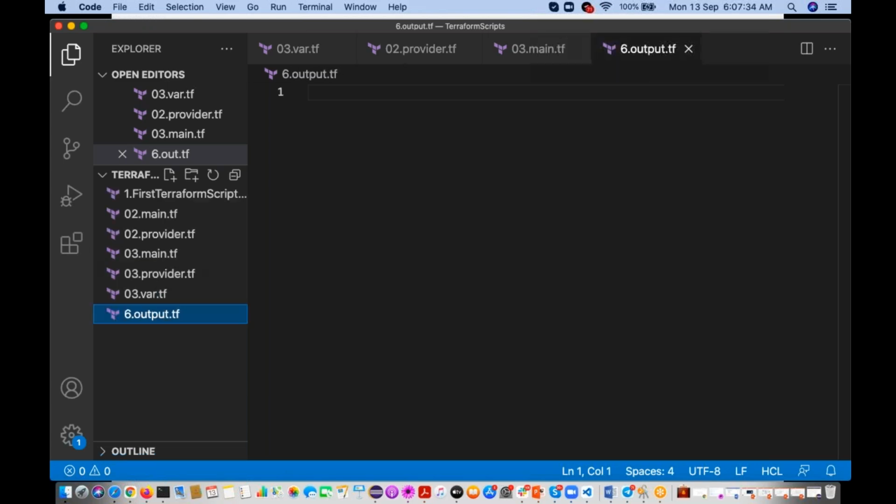Here the output variables we are going to declare using output, right? What do you want to display about the EC2 instance? I want to display the public IP address. So for that you can mention here